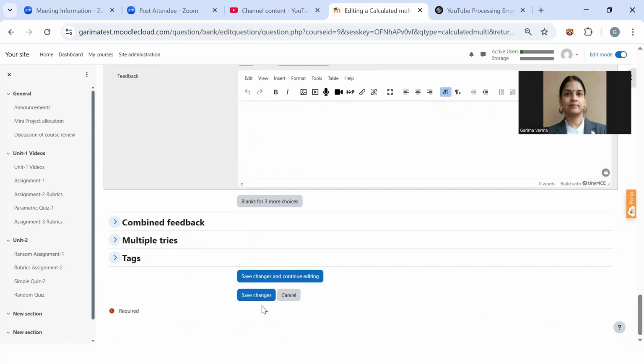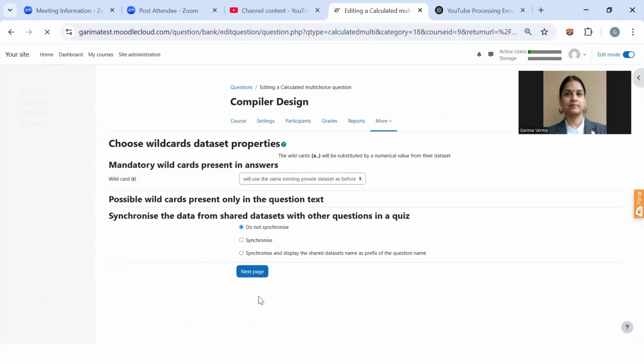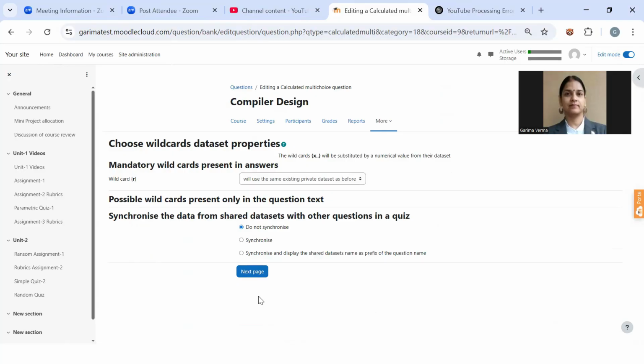Now, save changes. In calculated multi-choice, you will not get the wildcard option at the bottom. When you save the changes, you will get the wildcard option. Now, use the same existing private data set. So click on this and next page.